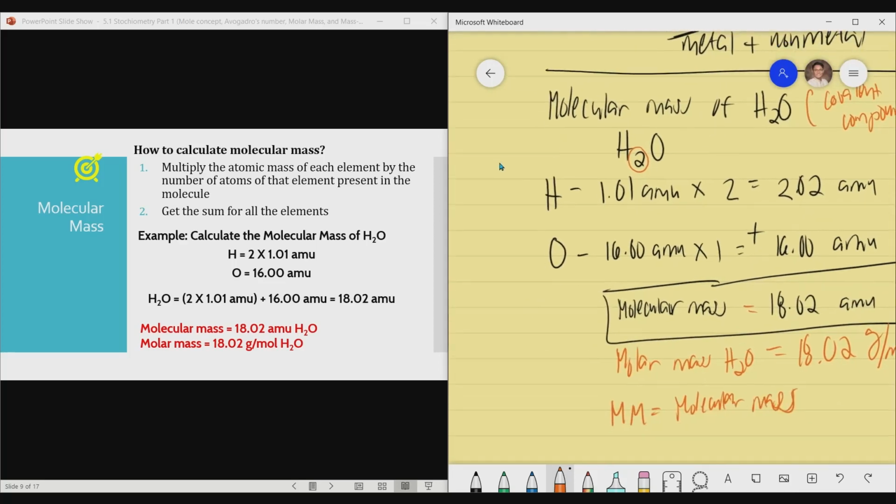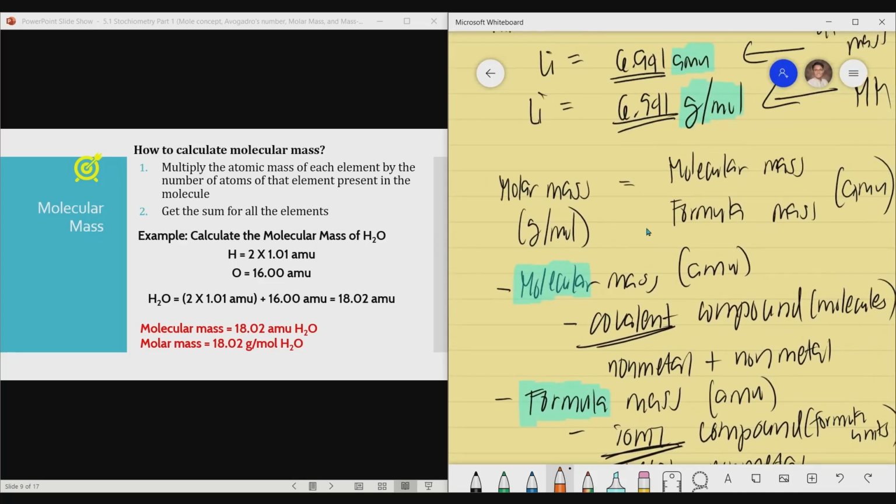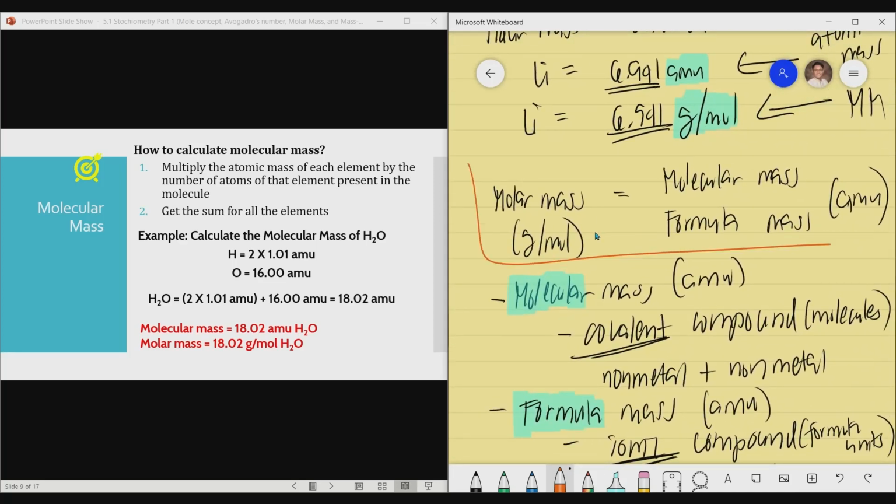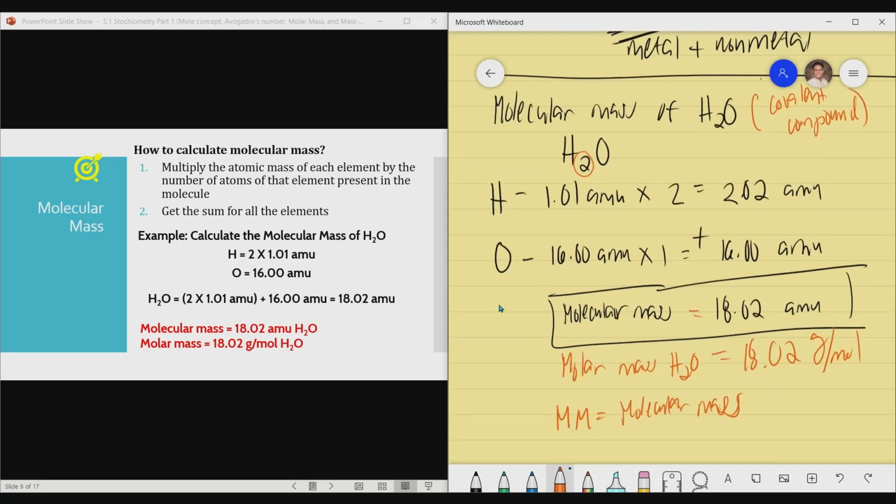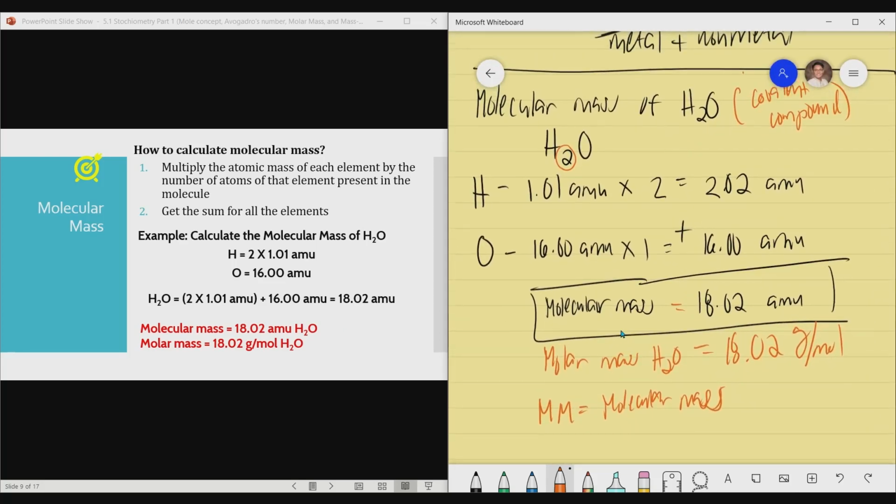A while ago, from the previous writings that I have, molar mass is equal to molecular mass and formula mass. So whatever the value for your molecular mass or formula mass is, that will also be the molar mass. So if you were asked, what is the molar mass, now that you have the value for molecular mass, say I have molecular mass 18.02 AMU, and I was asked for the molar mass,